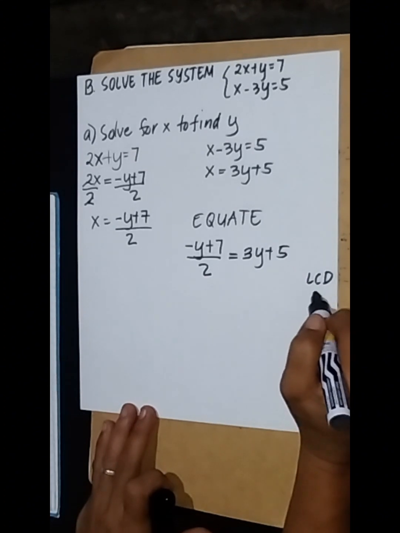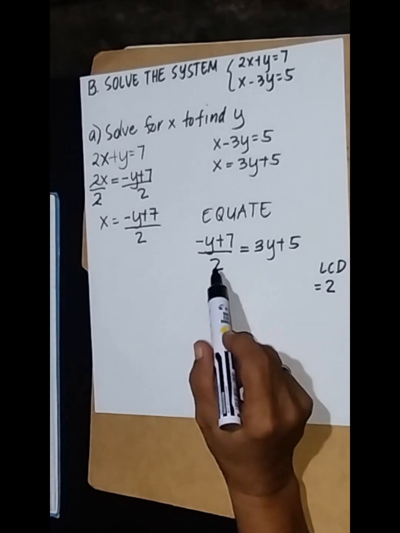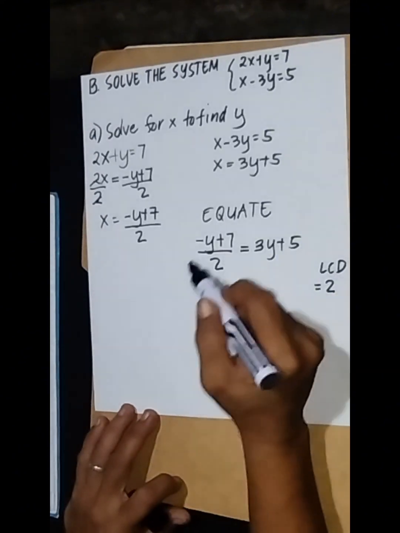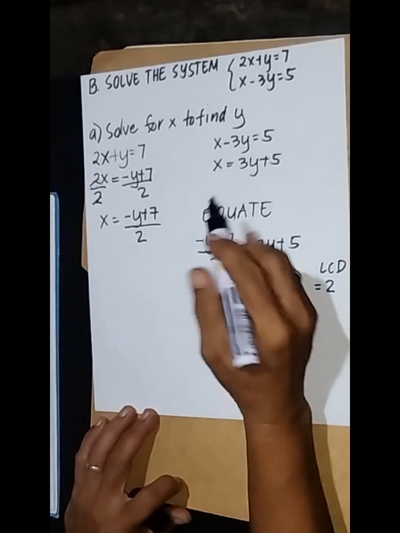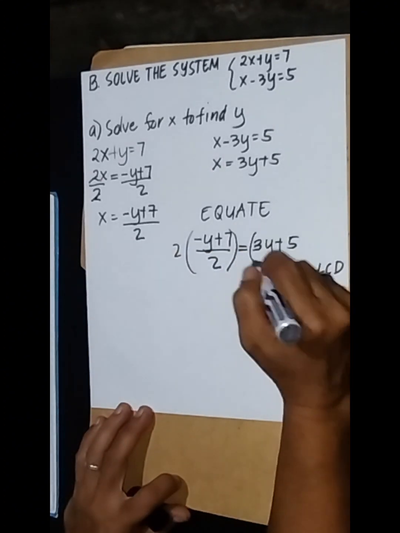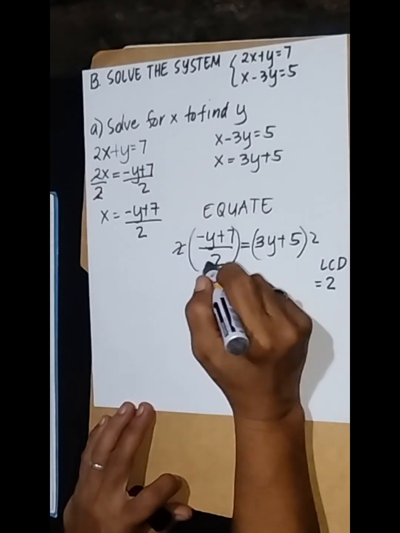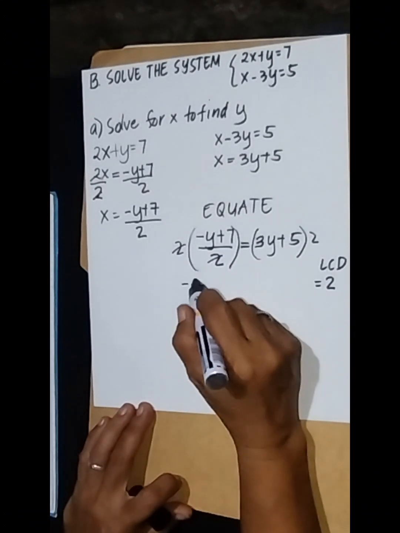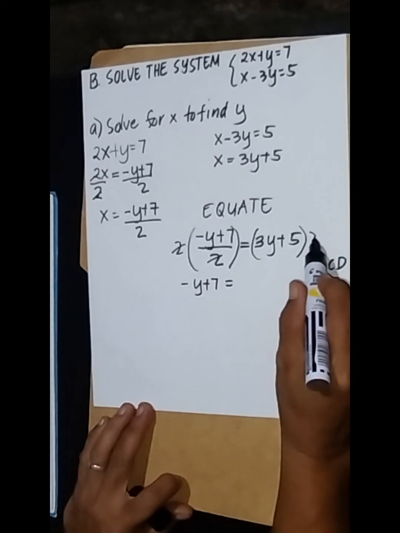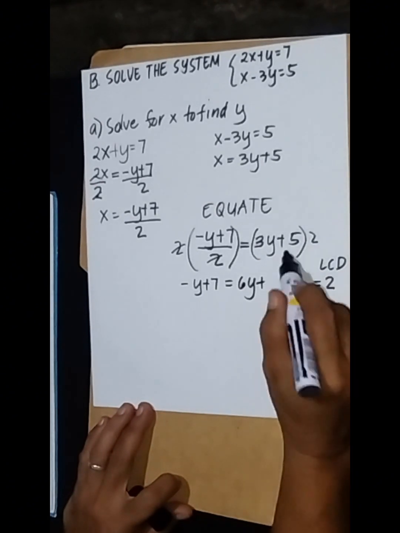LCD is equal to 2. So, we multiply both sides of our equation by the LCD 2. So, we multiply this equation by 2. Also, this equation by 2. So, 2 divided by 2 is equal to 1. So, negative y plus 7 na lang po ang natira equals 2 times 3y is 6y plus 2 times 5